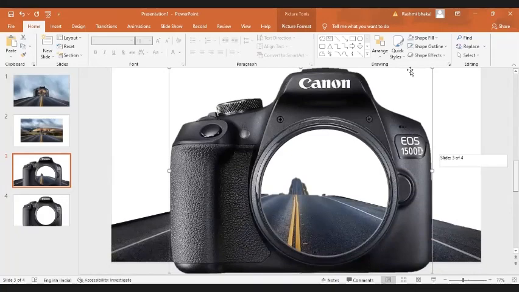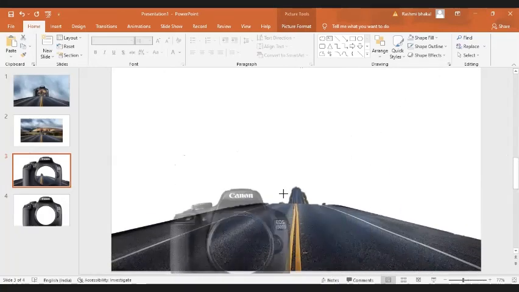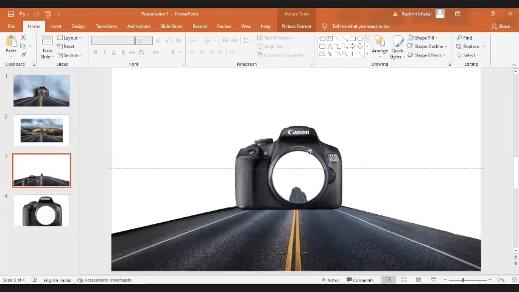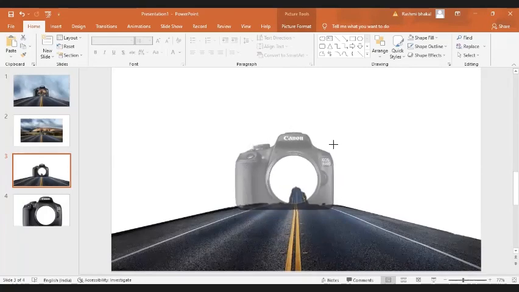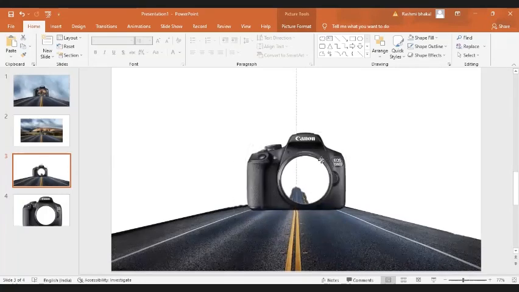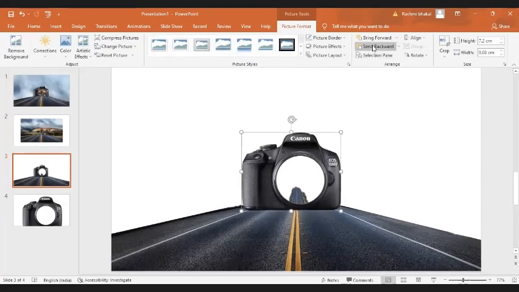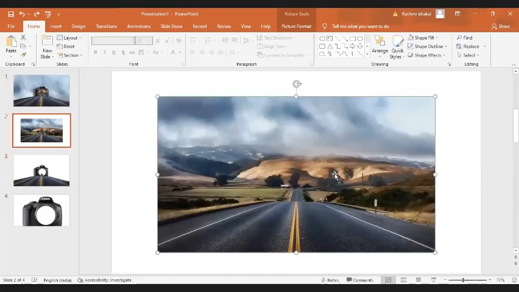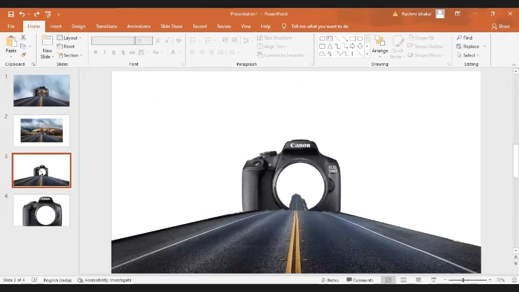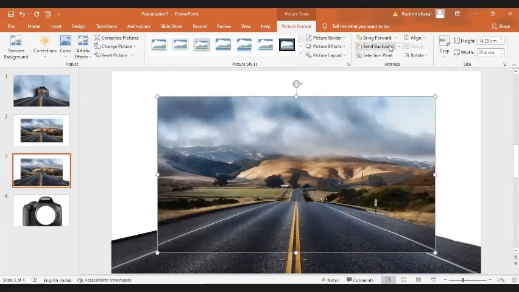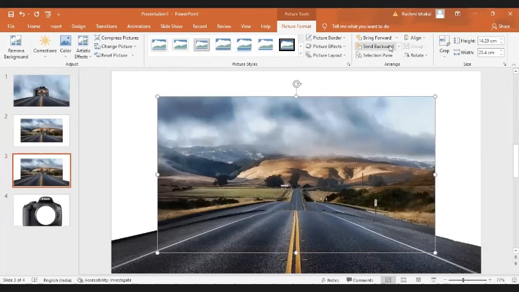So we have pasted this image. Now I am going to reduce its size like this. I guess it's perfect, or maybe a little bit more. Alright, this is more better. Now in the next step I will send it backward. This image I'm going to copy it, and I am going to place it over here by pressing the Ctrl V. Now in the next step I'm going to send it backwards